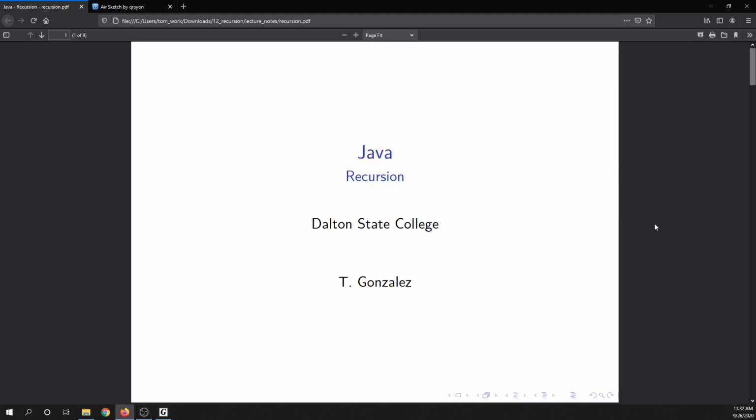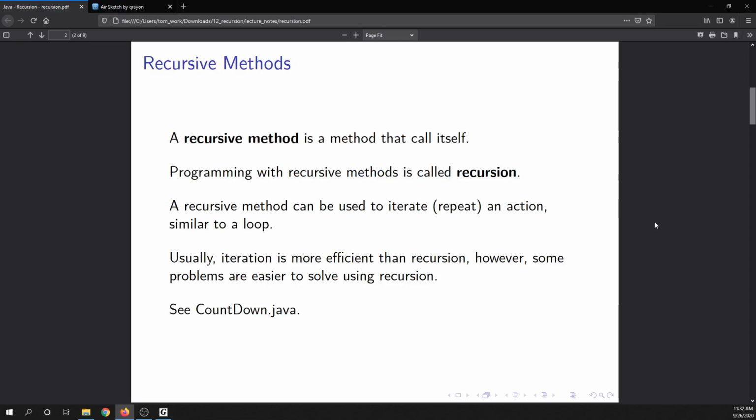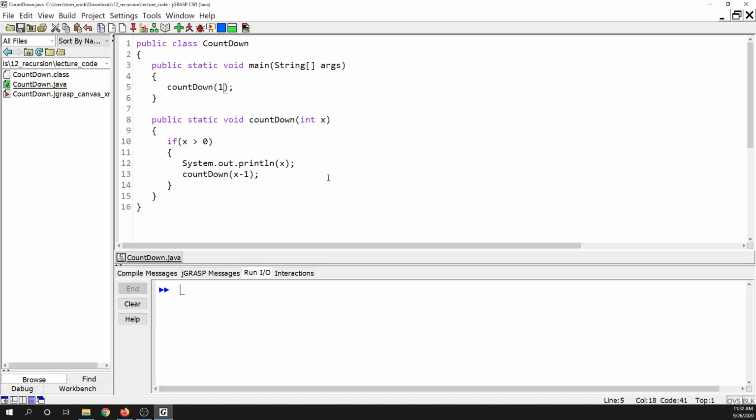In this video, we are going to talk about recursion. So first off, a recursive method is a method that calls itself. Up until now, we haven't really dealt with that much, but just as an example here, you can see